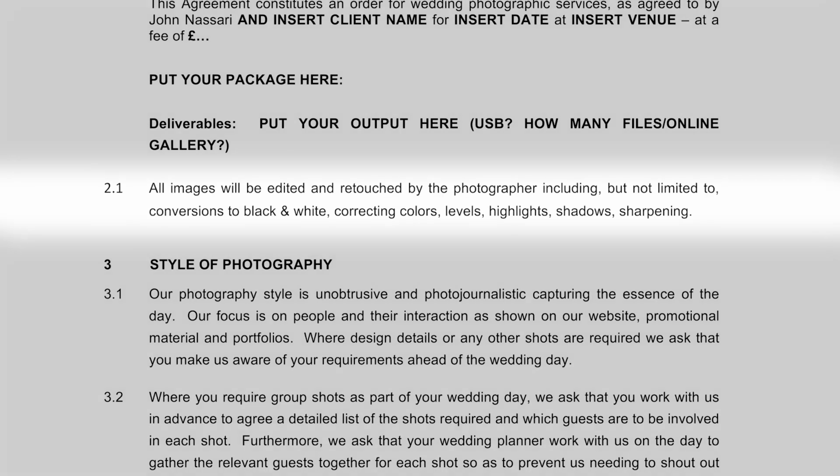So I think it's best not to say how many you took in general discussions after the wedding, but at the same time, I think it's clear in your contract how you process them. So what kind of retouch work do you do? This should really be reflected in your work. So if it is a very fashion style look, a highly retouched look, then those images need to reflect that. If it's a documentary approach, then those images that you're passing back to them need to reflect that.